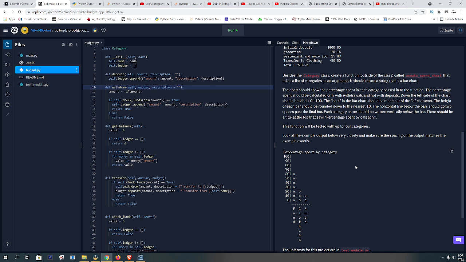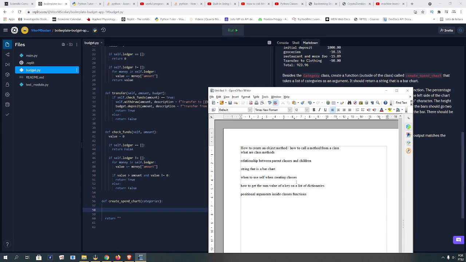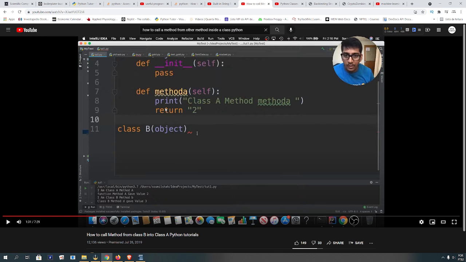Besides the category class, create a function outside of the class called create spend chart. So it's this function here. That takes a list of categories as an argument. It's already there. It should return a string that is a bar chart. The chart should, I think I'm gonna search this. And